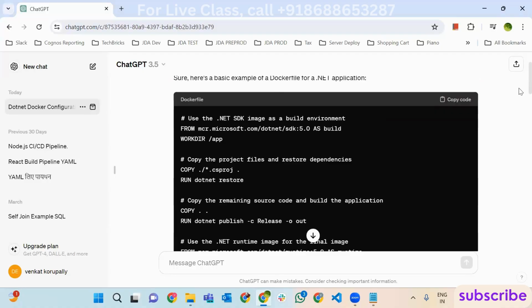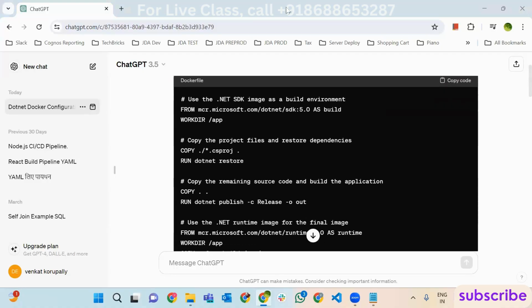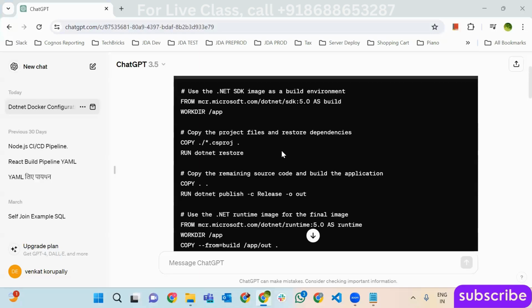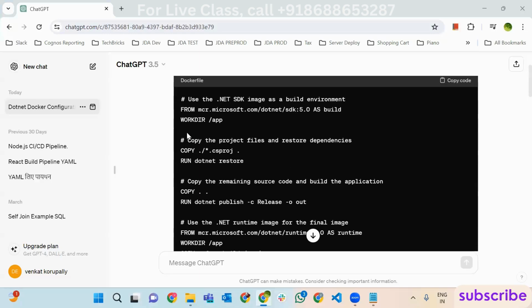Guys, for example, can you please tell me? Okay, we don't have much time today, but I'll try to complete this. If you look at this particular Docker file, you need to spend good time. Don't worry. Tomorrow I'll discuss this. So, guys, in interview,